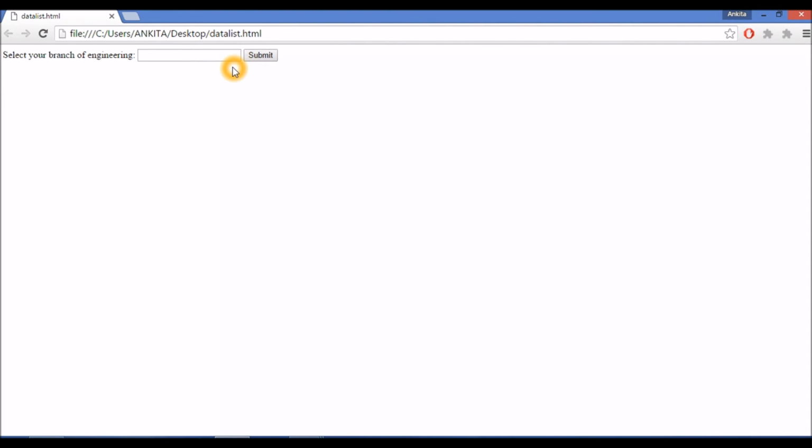By clicking on that, we can see the following options and you can just select here. What happens in drop down list is that you don't have this arrow; it is already built in. But in case of data list, when you hover over it, you'll find this arrow.